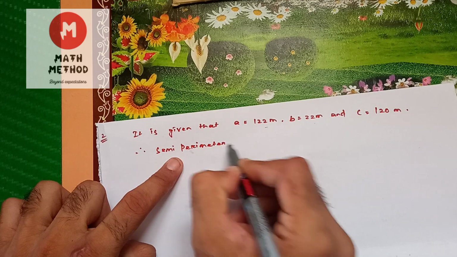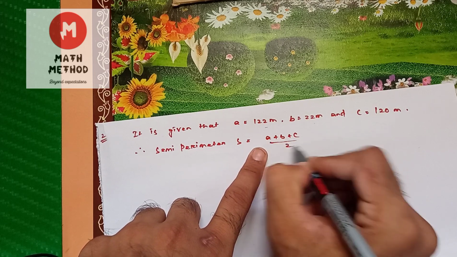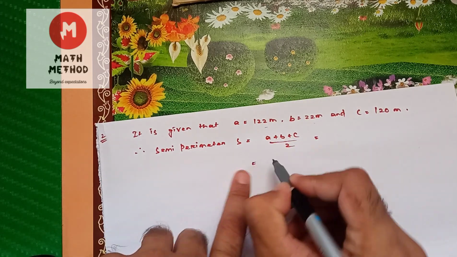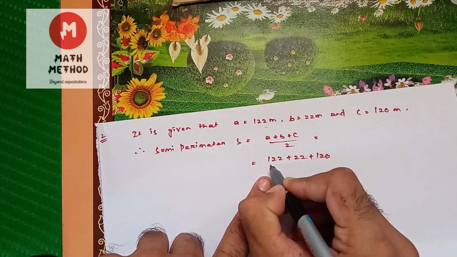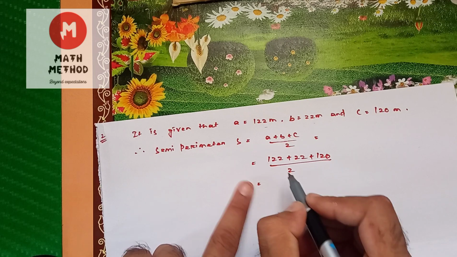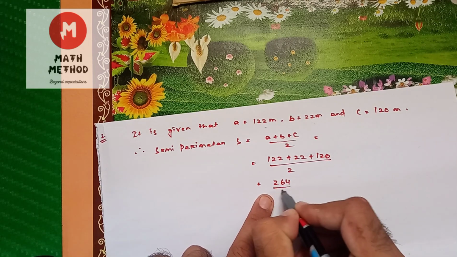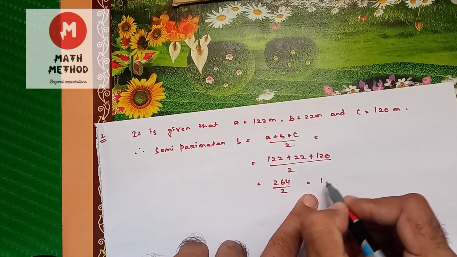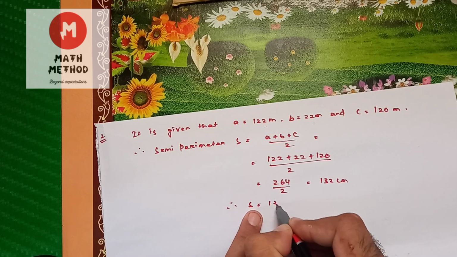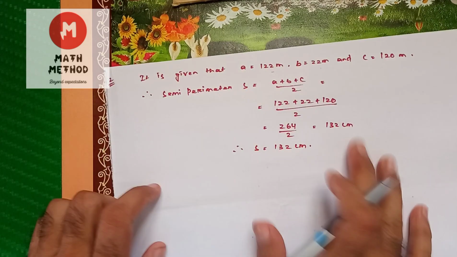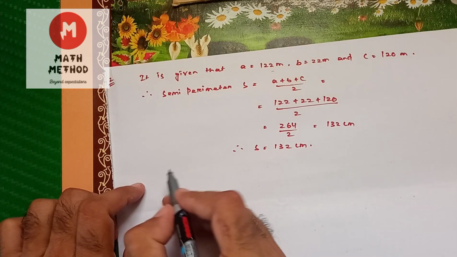S is equal to (A plus B plus C) divided by 2, is equal to (122 plus 22 plus 120) divided by 2, is equal to 264 divided by 2, is equal to 132 meters. Therefore S is equal to 132 meters. Clear? Now using Heron's formula, area of triangle is equal to